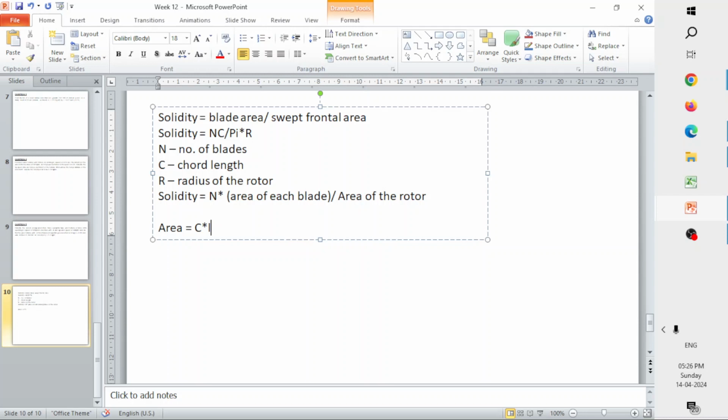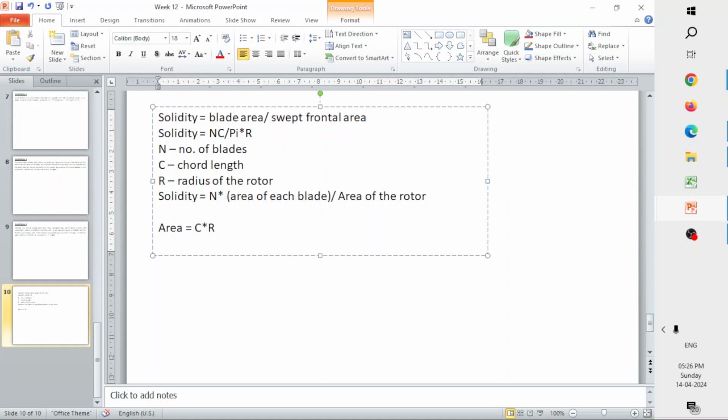So the area of the rectangle is the chord length times the length of that smaller section. If you integrate that across the entire area of the blade, you will get C times L. So this is the area of each blade,